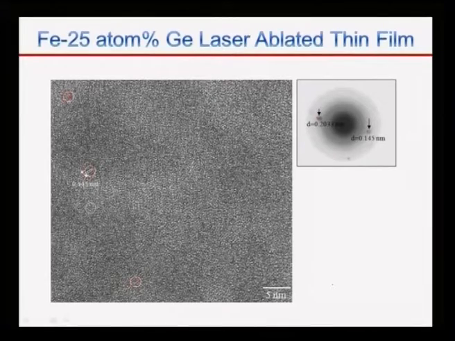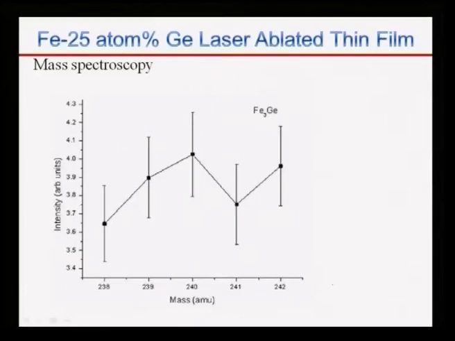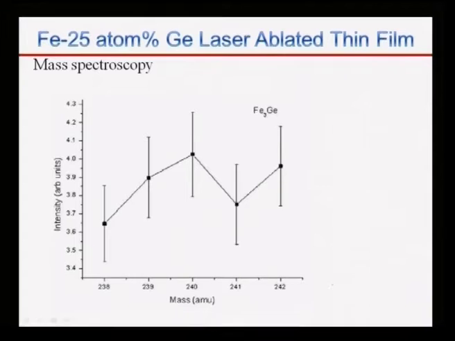Well, diffraction analysis does suggest the presence of this kind of cluster, but there is no conclusive evidence. These are all kind of one spot coming and then we are saying that. So what can we do? We can actually do mass spectroscopy of these clusters during the deposition of the thin film. That is called in-flight mass spectroscopy, and this will tell us what kind of mass is present. This is nothing but intensity versus mass in atomic mass units.